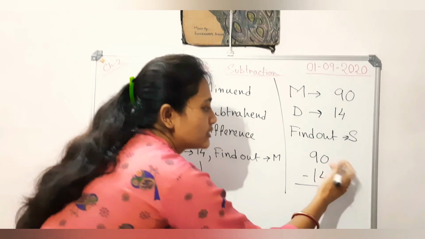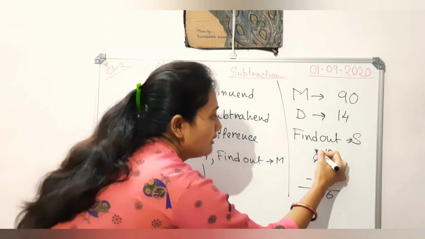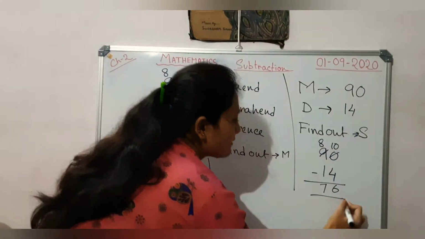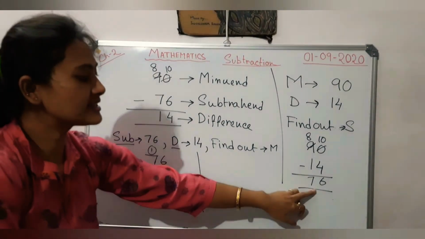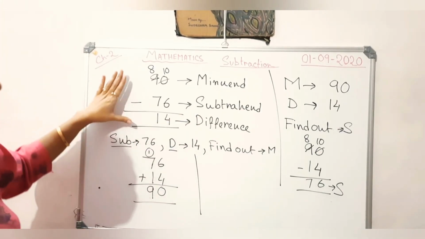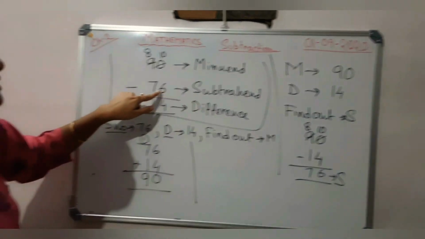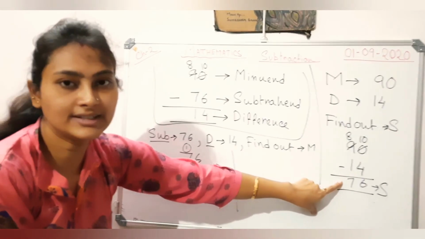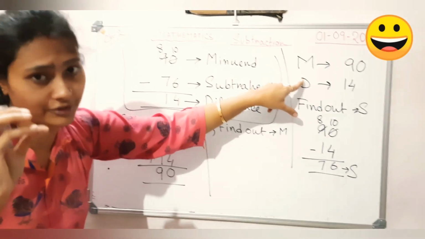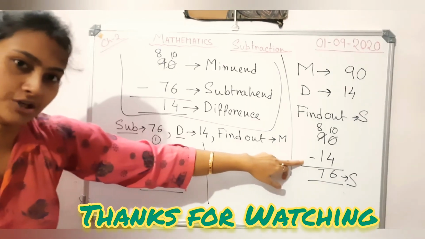So upper side it is 0, which means again 10. I have already borrowed 1, that's why 8 came. So from 8 you have to subtract 1. My answer is 76. So 76 is my subtrahend. As you can see, students, I was given the subtrahend as 76 only. So here also I got 76. So whenever I have in the question the greater number, the minuend, and the difference, that time I have to find the subtrahend by doing subtraction only. Understood?